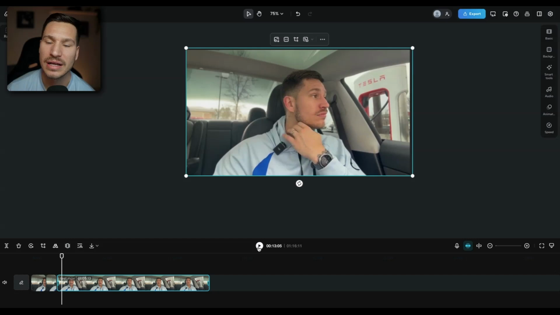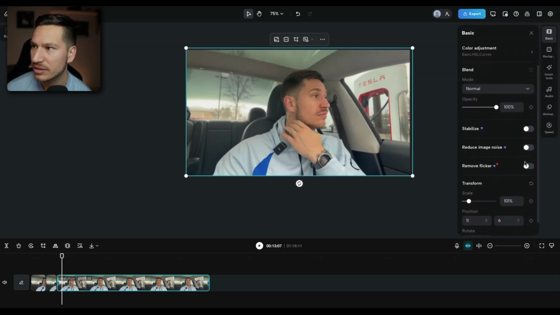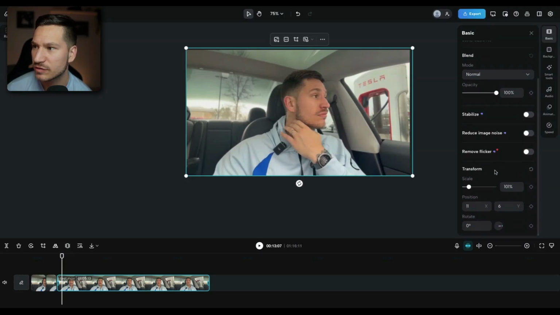Okay, now, how we're able to get that slow zoom on this one, whether we're zooming in and out, this is where it's a little different of placement. It's not up here on this, which I wish it was, but it's not here. Instead, up to the right, there's a thing called basic. Now, these are all different things you can do to your video. You're going to click on basic, scroll down a little bit, and right here where it says transform,